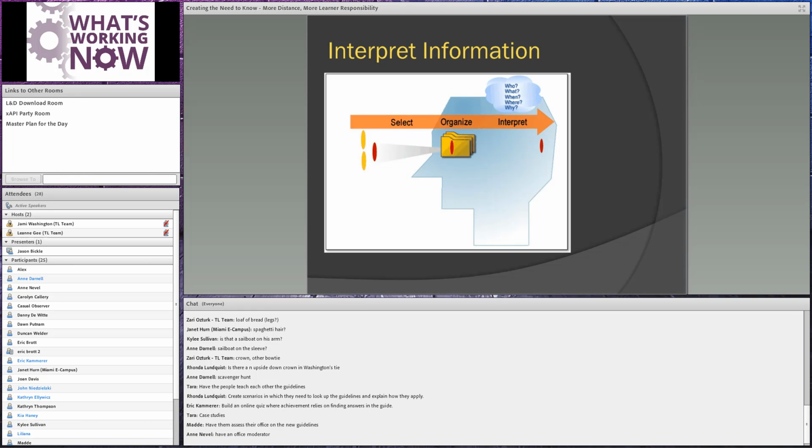We do the best we can. And then not only that, but once they've selected and organized that material, then we get into the idea of how do they interpret that. In other words, how do they make sense of that content from there? And the idea becomes, not only do we want to control what they select and how they organize it, because you need to select these things, you need to organize them these ways in your head, and you need to interpret it in the ways that we have, but we also work to control